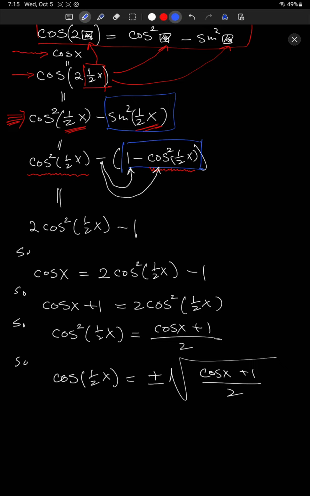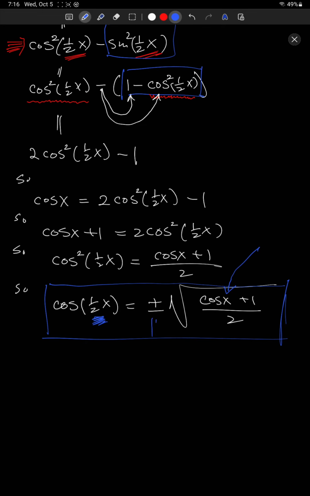This is the identity that we're looking for, or one of the identities. It tells me how to calculate cosine of half of an angle when I know cosine of the full angle. On the left-hand side is cosine of half of x. On the right-hand side is cosine of x. There is a little bit of ambiguity in that I have this plus or minus,